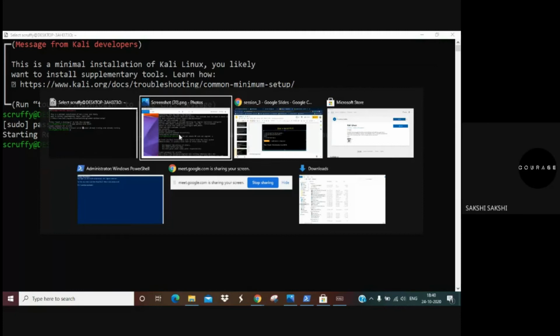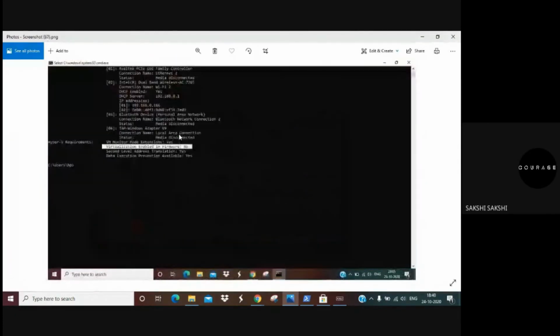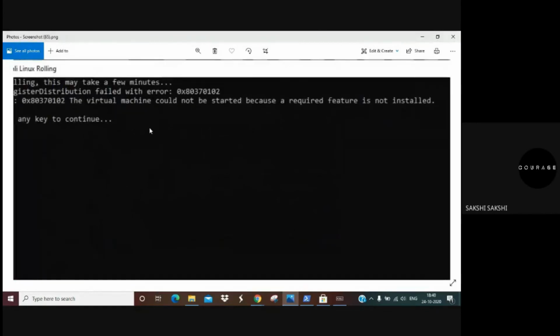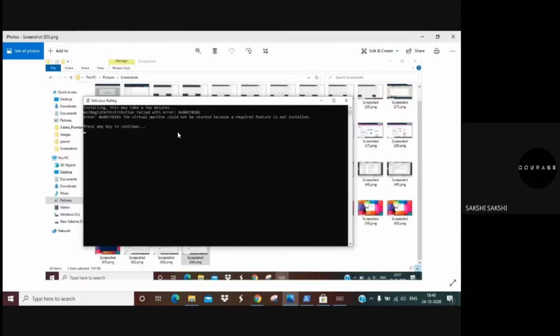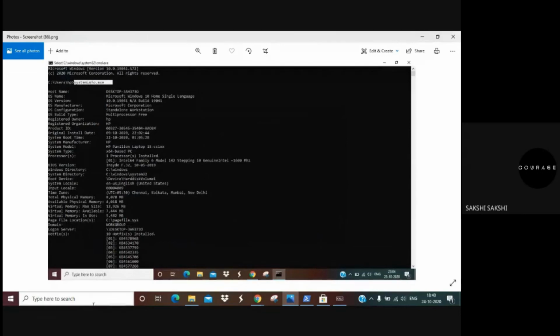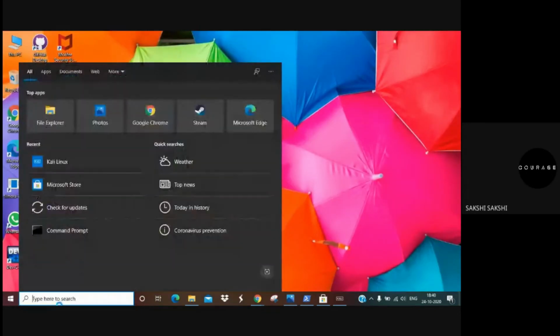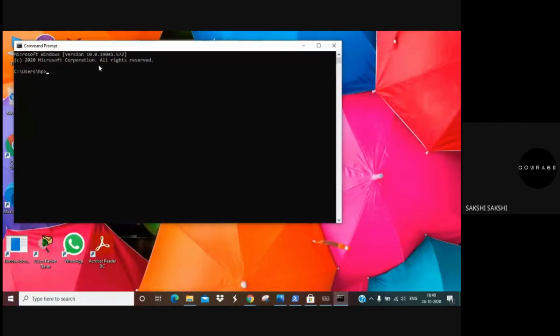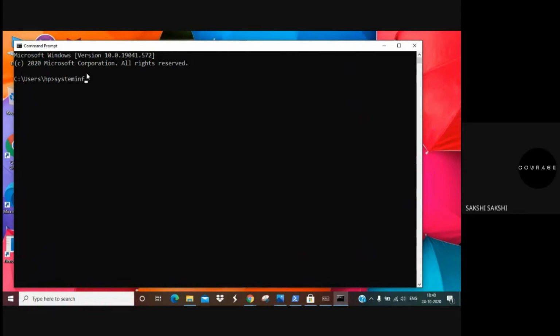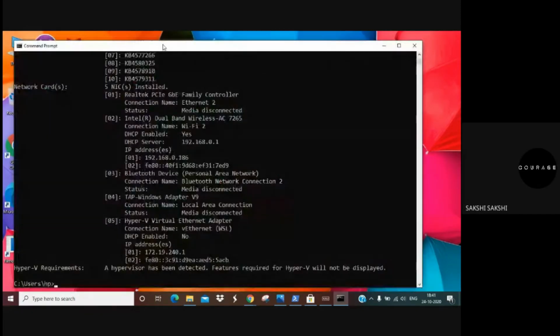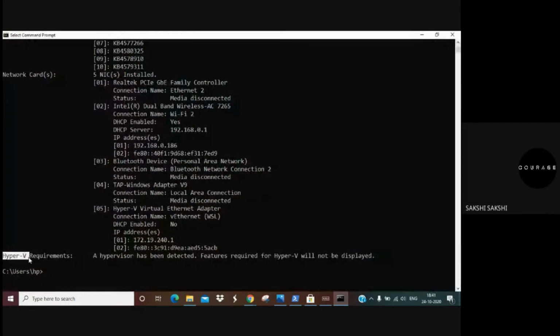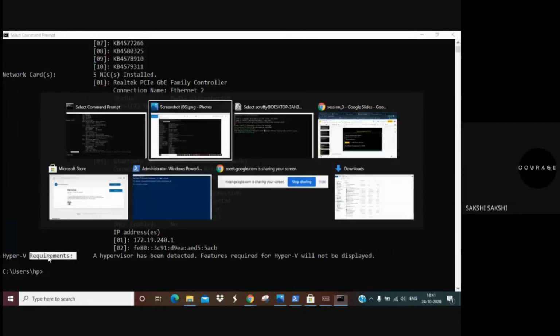There's also a problem which comes into play when you run Kali Linux. You have not enabled the virtualization feature of your own computer, which is Windows. So what you need to do, go to the command prompt, and you need to type systeminfo.exe. It will load all these things, and it will tell you what your hypervisor requirements are. So initially your hypervisor requirements will tell you that there is a